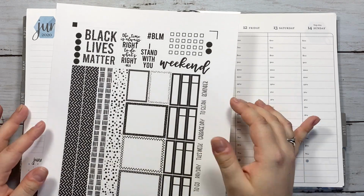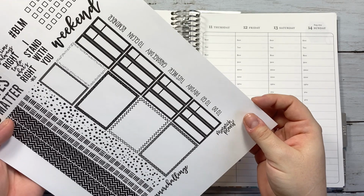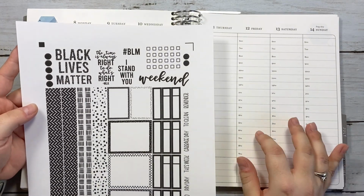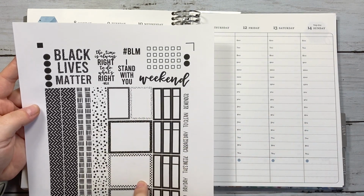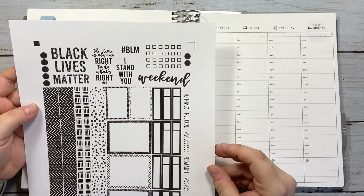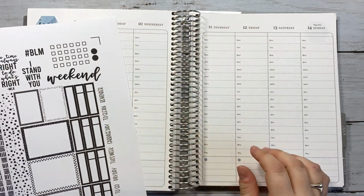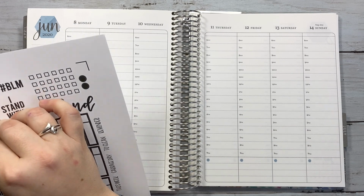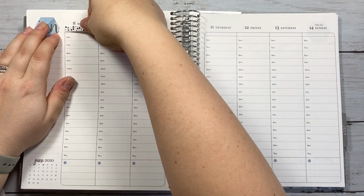The other part of the BLM Planner Challenge is to use some quotes. I chose just a few. I obviously couldn't include a whole bunch of them, but you can always write in quotes on these larger boxes if you feel like, but I have a couple quotes up here at the top. So I am going to get started, like I mentioned, and I think I will start by just putting down some washi here at the top, and